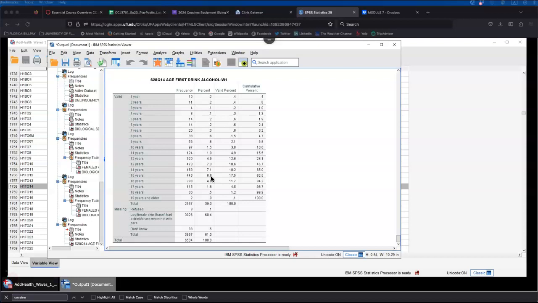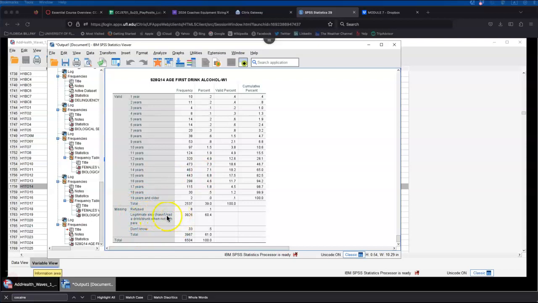So if I only wanted to look at kids that were younger than 10, I could actually take this variable and recode it as 1 through 10 is a 1, making them a yes, I drank before I was 10 years old, and then make everybody else a 0, saying I drank at a later age, and so on and so forth, right? Or you also have some missing data down here that you'd have to pay attention to, like